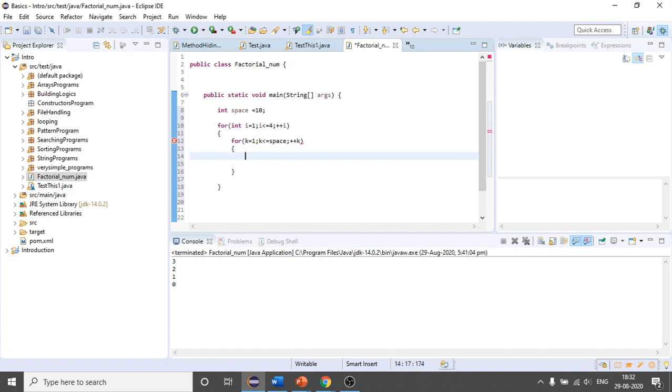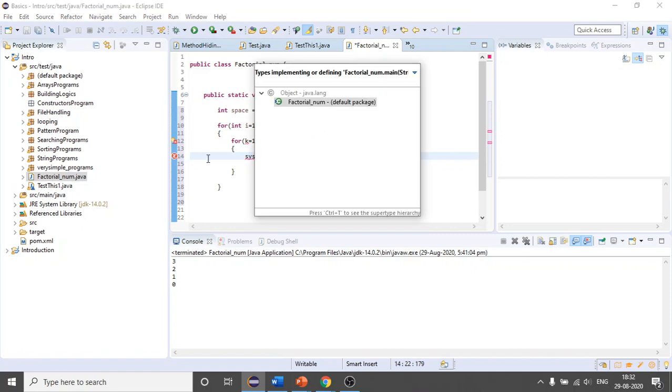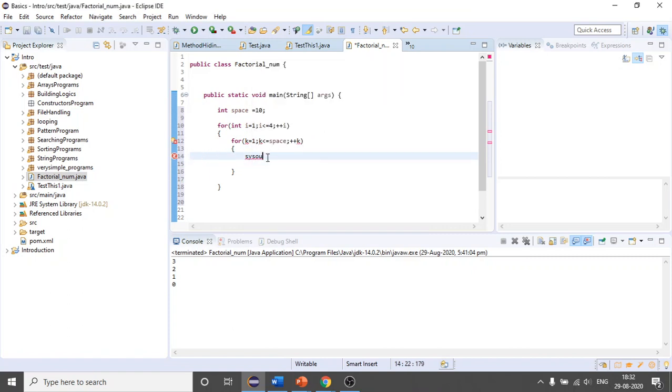After that we will simply write print, I am removing ln because it will change my line. I don't want to change it here. After that, put this command, press one space bar. Let me declare this as well.